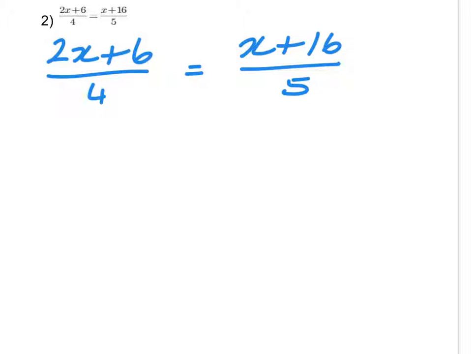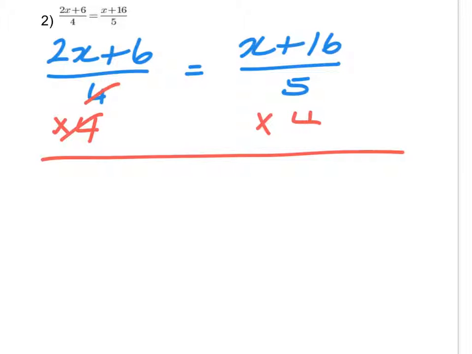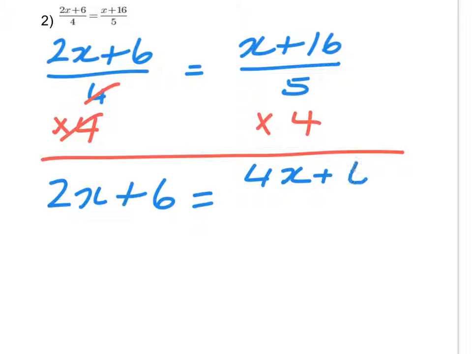Well, what I'm going to do first is multiply both sides by 4. The reason why is because if I multiply by 4, it's going to cancel out this 4 on the bottom, on the left. But I'm going to have to multiply the right by it too. So I'm going to get 2x plus 6 on the left side. Now, that multiplying by 4 won't cancel out the division by 5. So imagine you're multiplying x plus 16 over 5 multiplied by 4, which is like 4 over 1. So I'm going to get 4x plus 64